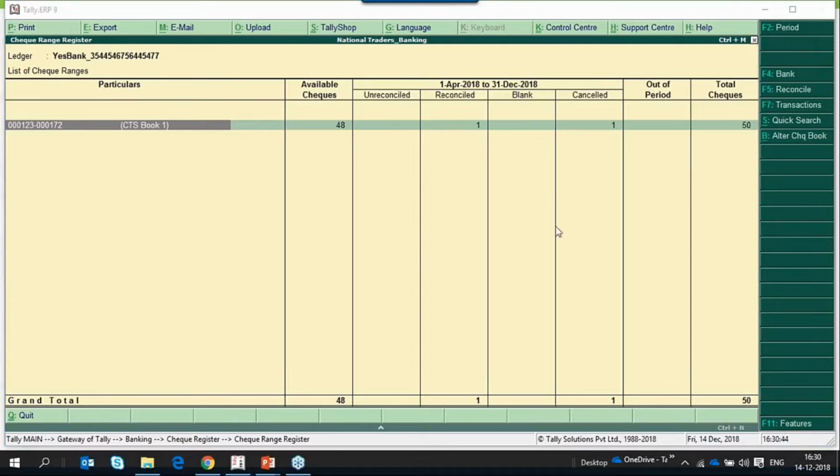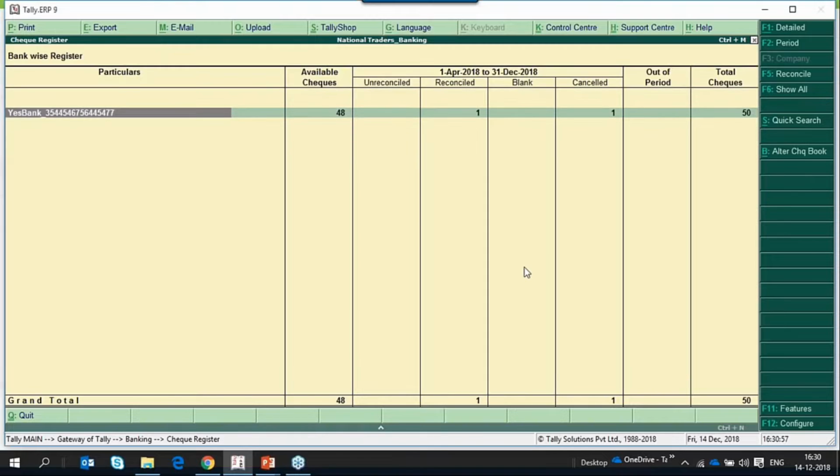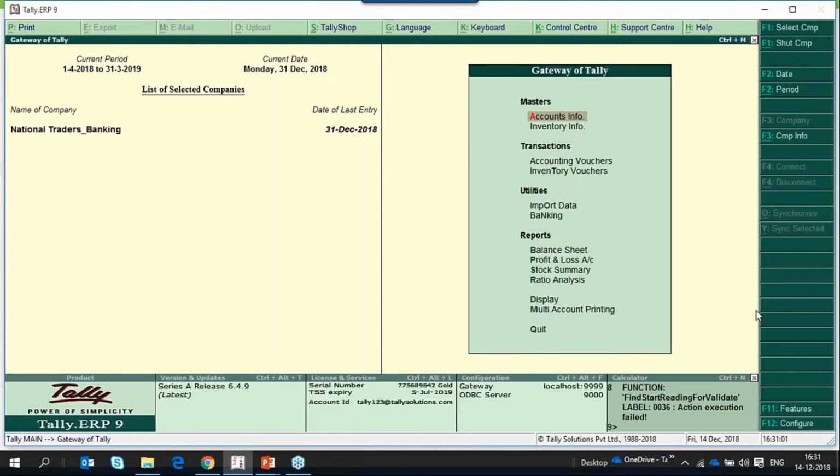So now let me show you how to record transactions with auto check numbering and how to track the status of each check. Let me record a few transactions here. I'll record a payment transaction.